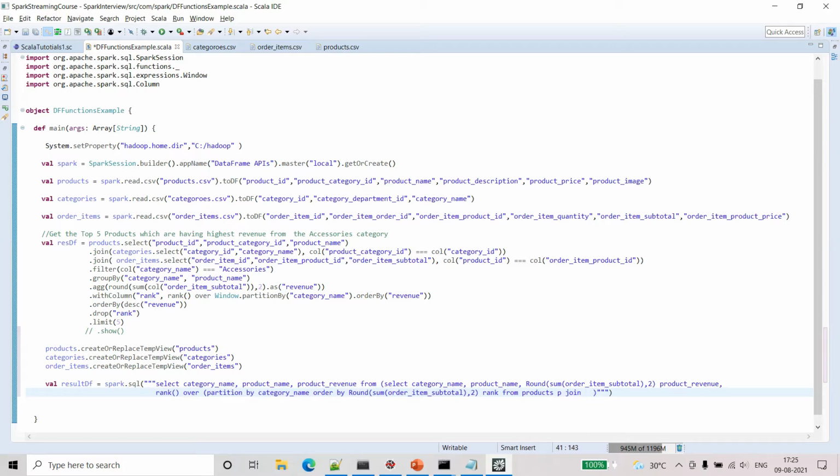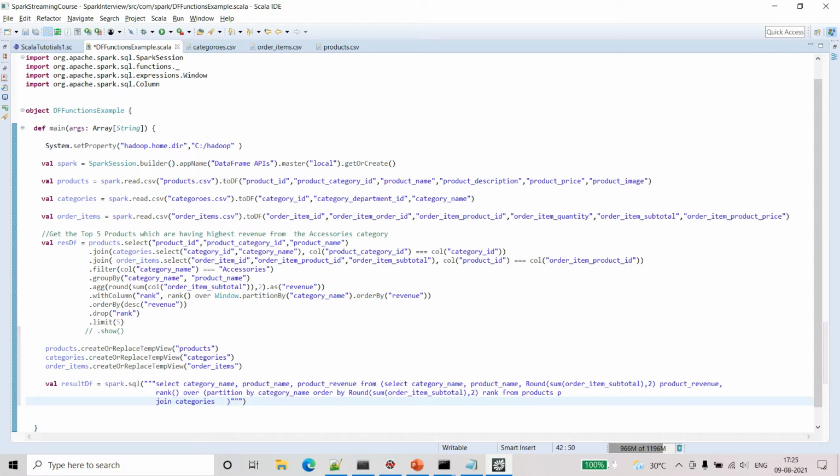So now with the categories table, I'll take it on another line. Join categories. This is the name that we have given, the same. Whatever name we have given for the temp view, the same table name we have to use here.